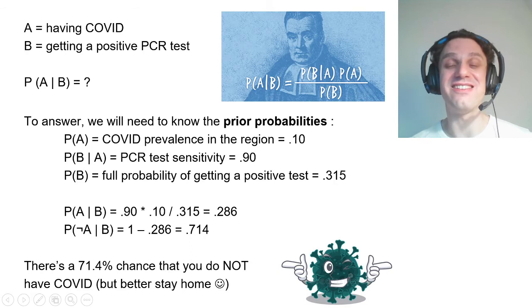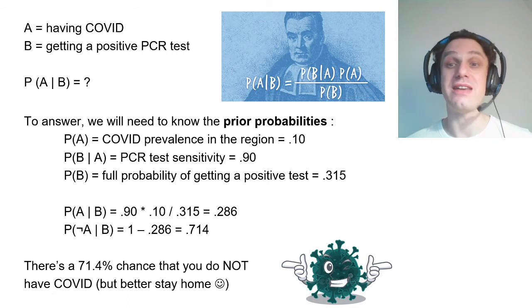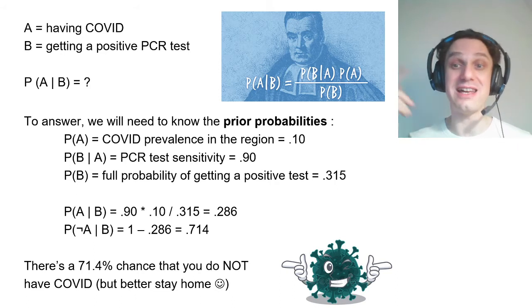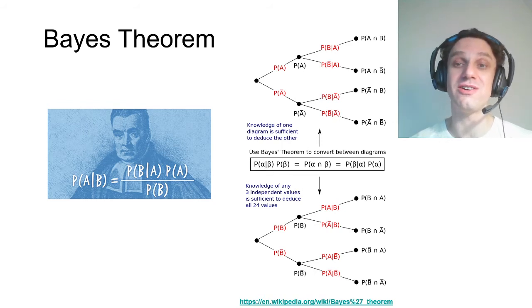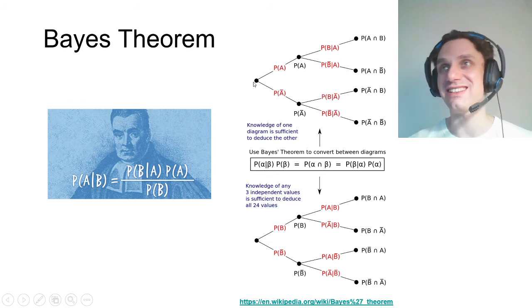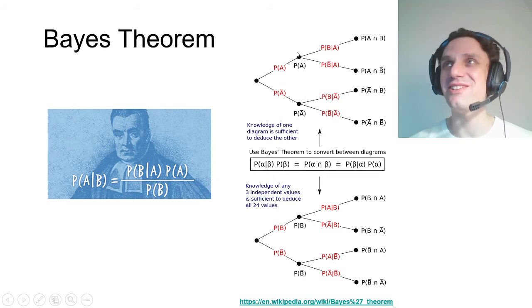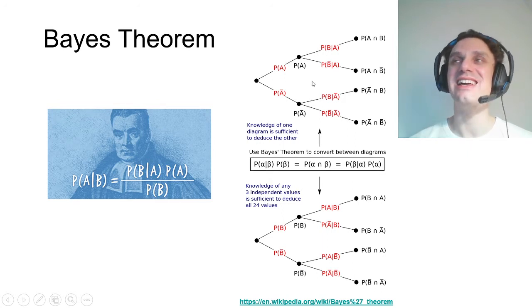This is a very realistic, very real life example that shows the application of these formulas, the formula of full probability and the Bayes theorem. Now, again, if you are interested in more details, there is a nice article on Wikipedia which also shows all these decision trees, like 1 is divided into probability of having COVID and not having COVID, and if you have COVID, it's divided into getting a positive PCR test and not getting, etc.